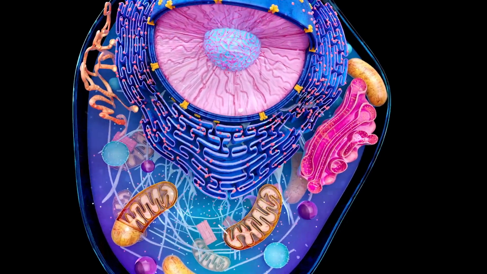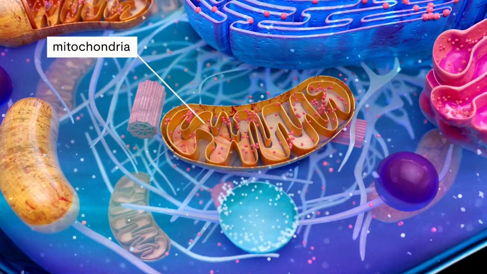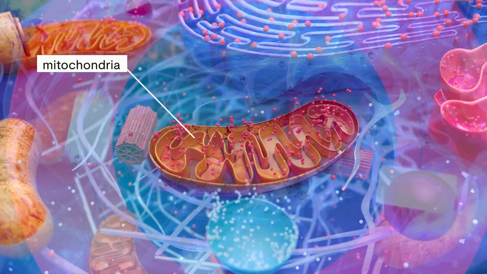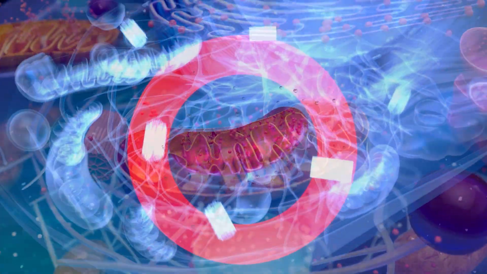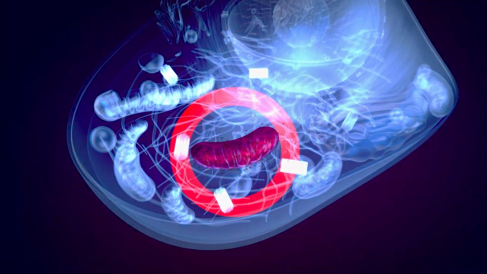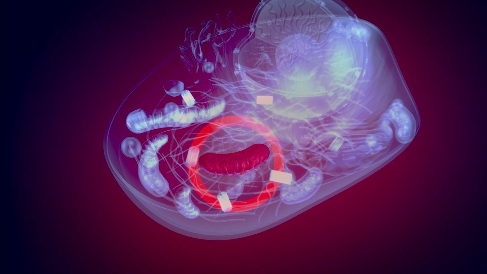I'm looking at how the toxins interact specifically with the mitochondria. So mitochondria, as you all know, is the powerhouse of the cell, but it's much more than that. It's sitting in the middle of all of the biochemical pathways that are working within your cell. These toxins can increase mitochondrial stress and cellular stress, and in turn cause cellular damage.